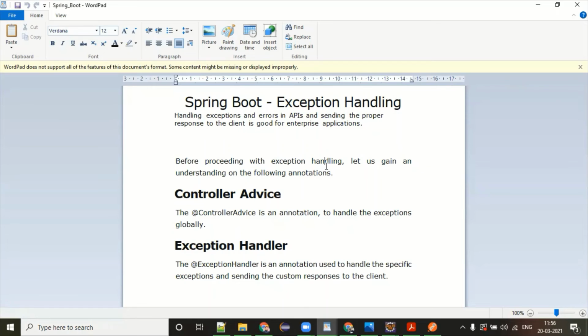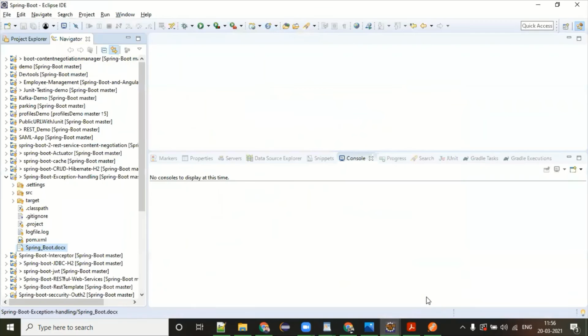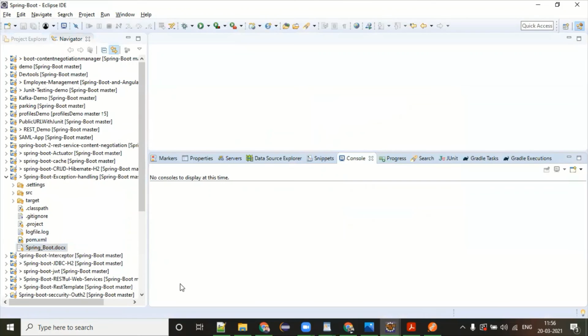So what you have to do? You have to write a common logic for this. And whenever an exception occurs, you ask that exception, hey, before sending the response, come to me. The moment the exception comes, your logic is automatically executed. It figures out what is the failure reason, and then finally it sends the response back. So that's all happening with the help of AOP, aspect-oriented programming. It is a different programming paradigm itself, a different approach. We are going to use the same in Spring Boot to handle our exception.